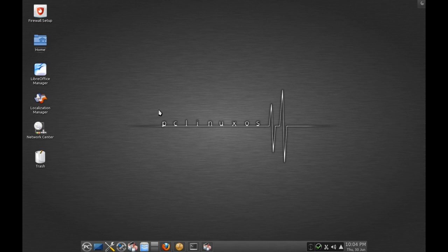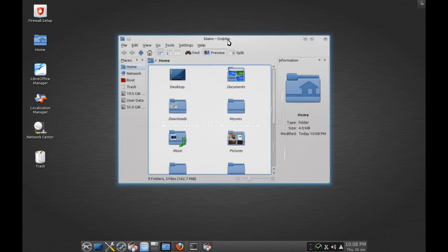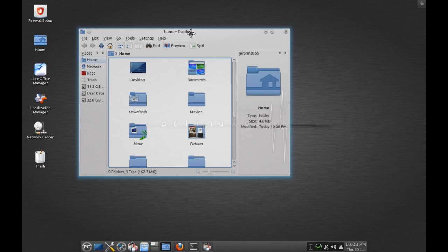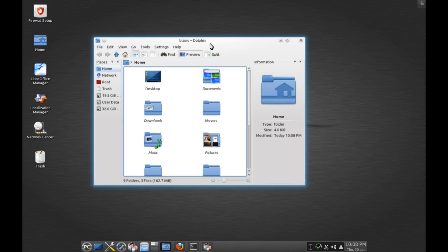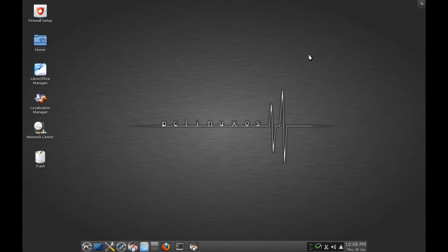All your multimedia codecs are there, of course, because VLC is there. Honestly, there is not much really lacking in this distribution. KDE 4.6.4 is running super silky smooth, and all their desktop effects are very, very smooth and very, very fluid. They've really toned down the performance of this thing, and it's become an amazingly responsive little beast. So honestly, major props for PCLinuxOS for providing such a well put together and polished release. Everything from the boot screen to the splash screens on all the applications